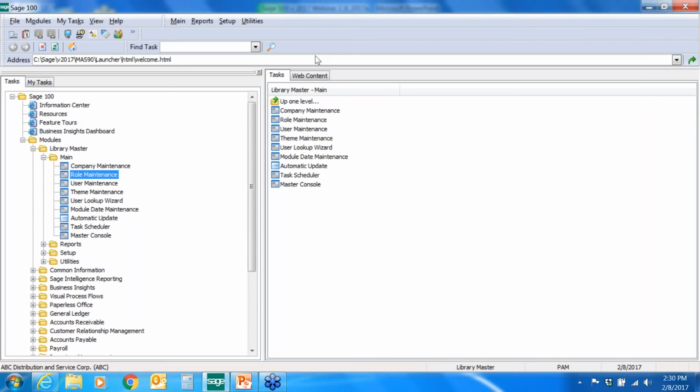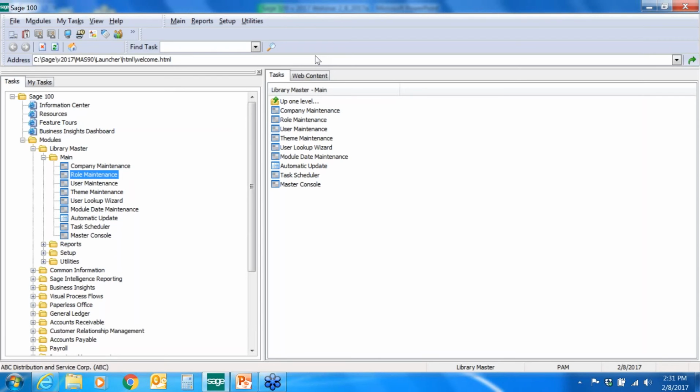If you're on an older version of Sage, each version has new features and functionality that has been added. So let's say, for instance, that you check your version and you're on version 4.50. Or maybe you're on version 5.0. There's a lot of things that have been added since then. So if you're looking to upgrade, we have documentation for every version that shows you what has been added. So